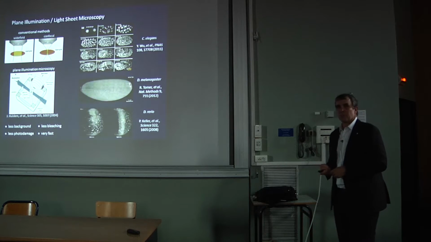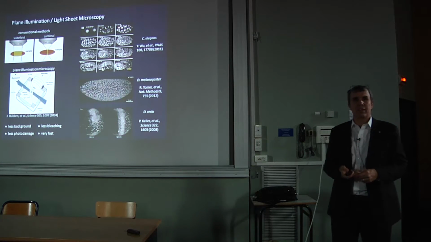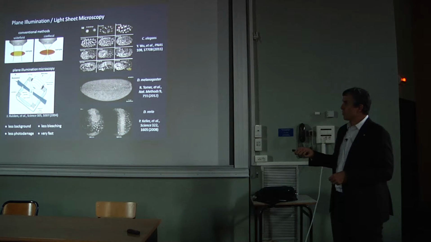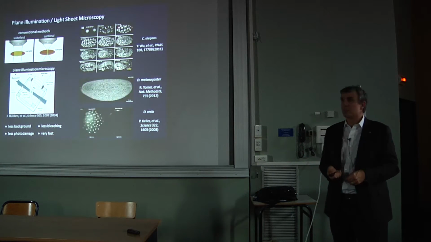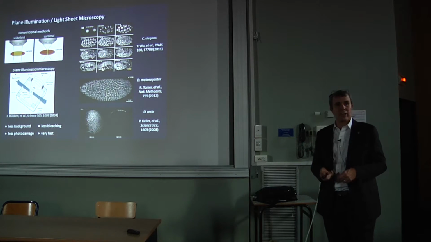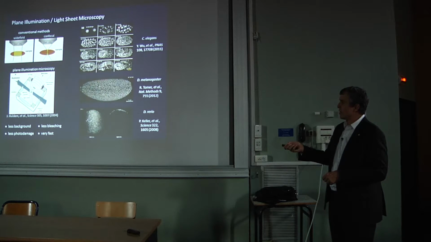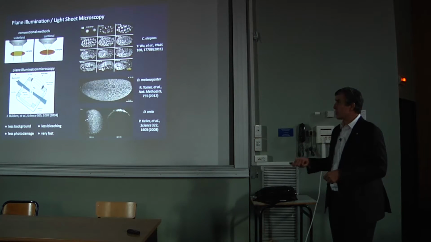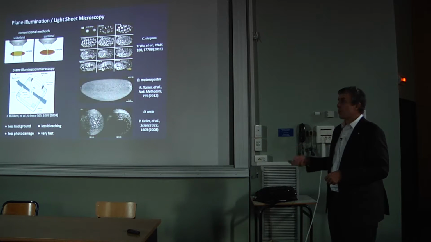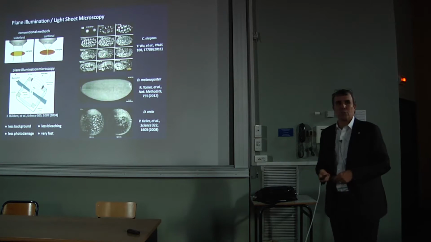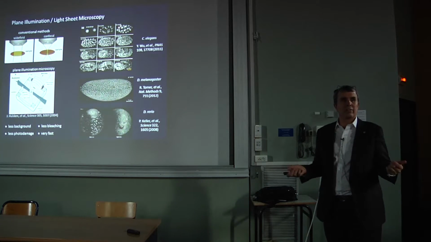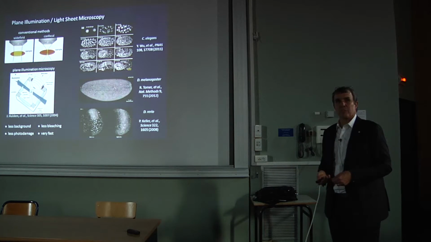In my opinion, one of the most important developments in microscopy in the last decade was when Ernst Stelzer at the EMBL reintroduced the 100-year-old idea of plane illumination. In this case, instead of bringing the excitation down through the same objective you collect with, you put a second lens at 90 degrees to the detection objective, in this case a cylindrical lens, and that creates a sheet of light which you then place coincident with the focal plane. Then the regions above and below are dark, and there's no damage, and there's no toxicity in those regions. There's no background from those regions.